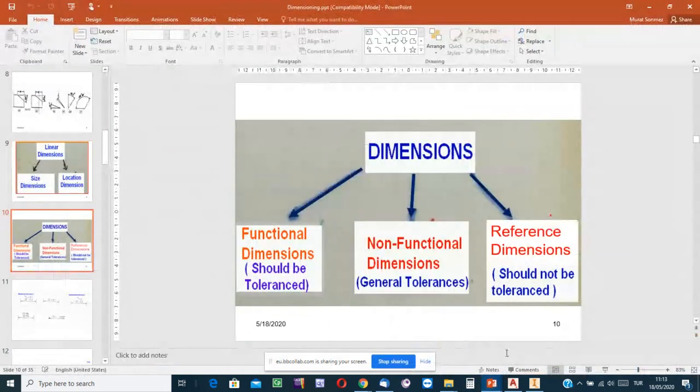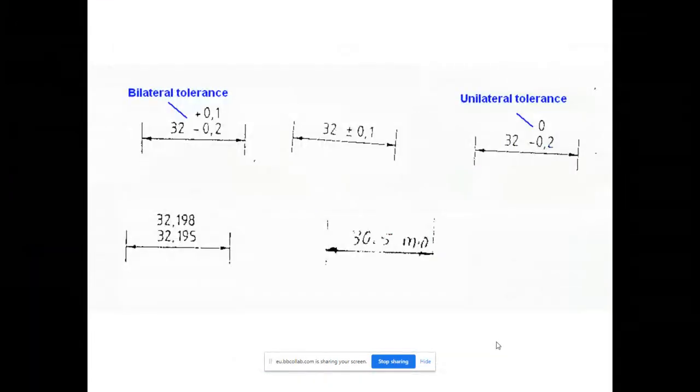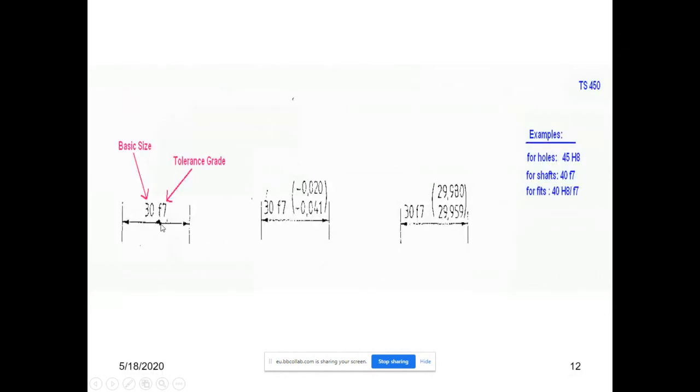Okay, and then refocus the attention one more time on the format. Beforehand, showing the functional dimensions, we use this format: nominal value, next to nominal value, deviations, upper and lower deviations. The unit of the dimension, nominal value, and the unit of deviations are the same. This is in millimeters, this is in millimeters, so it can be directly processed. But in today's format, instead of writing the deviations directly, we write the tolerance rate.